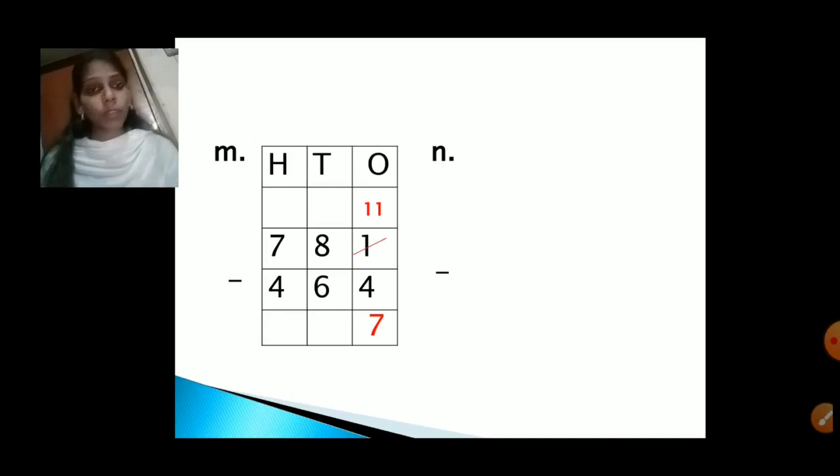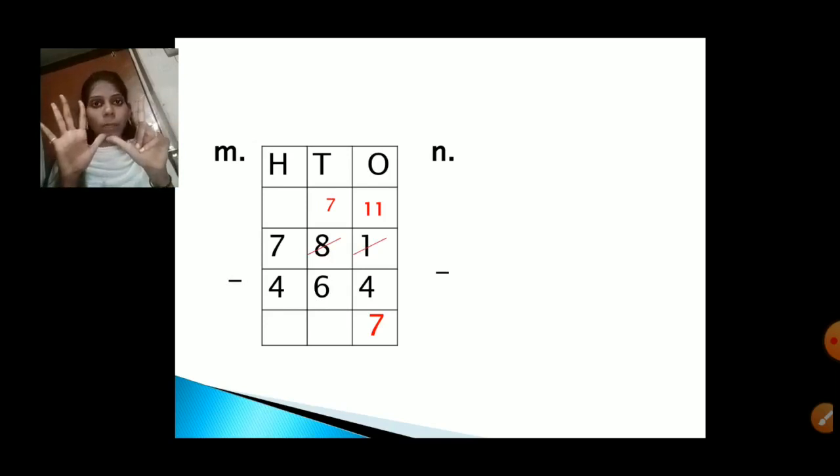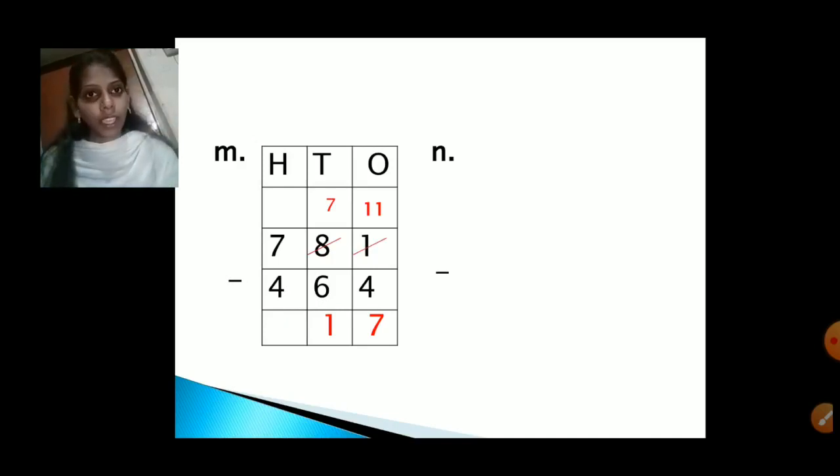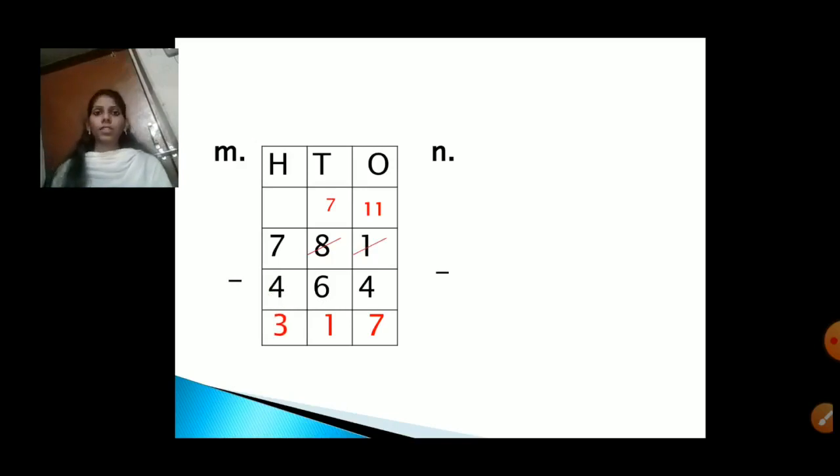So we took 1 ten from the tens column, so we will cut 8 also, and instead of 8 we will write 7 because 8 minus 1 equals to 7. Now we will subtract tens column, that is 7 minus 6. Now tell me 7 minus 6 equals to how many? 1. We will write 1 under the tens place. And now we will do the 100 place subtraction. Means 7 minus 4. 7 minus 4 equals to how many? 3. So 3 we will write under the 100 place. So 781 minus 464 equals to